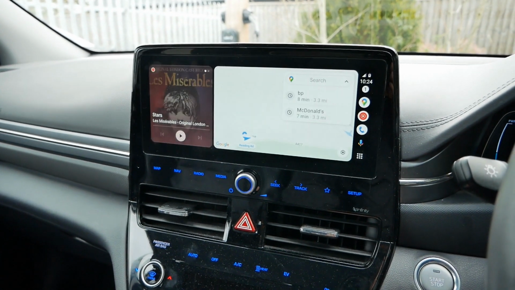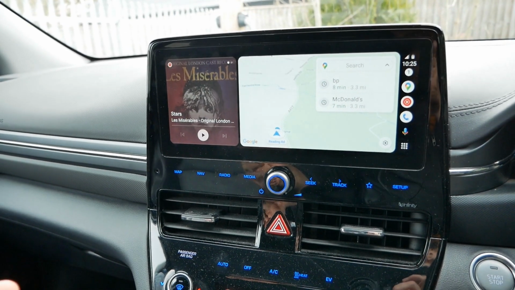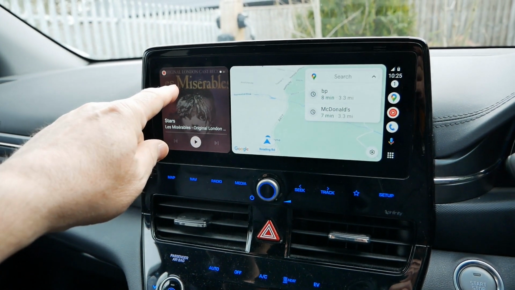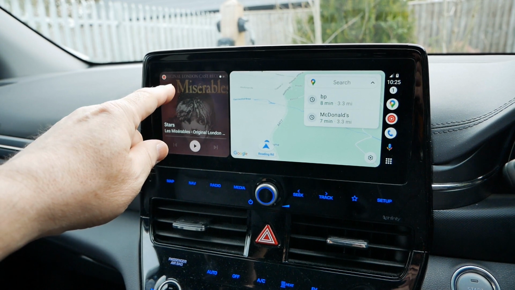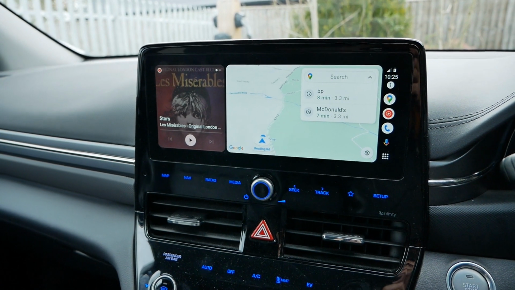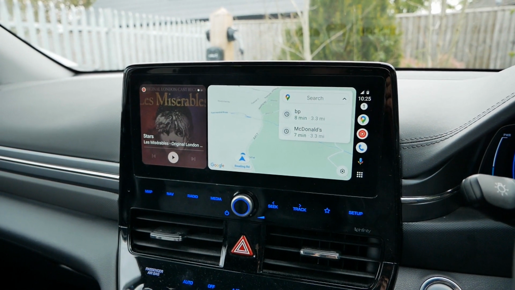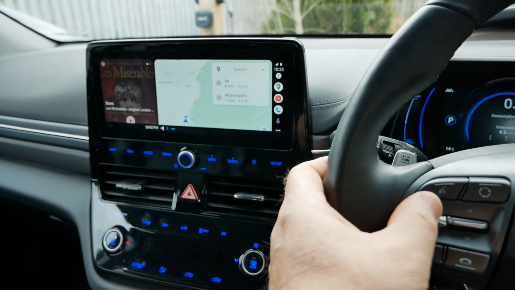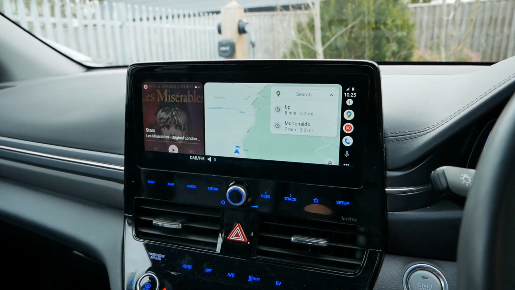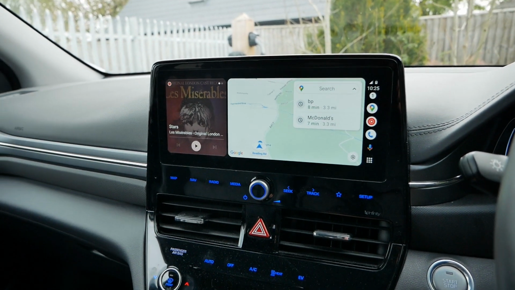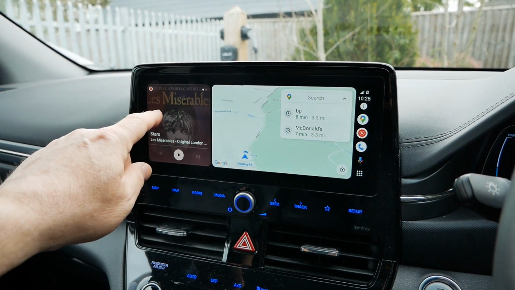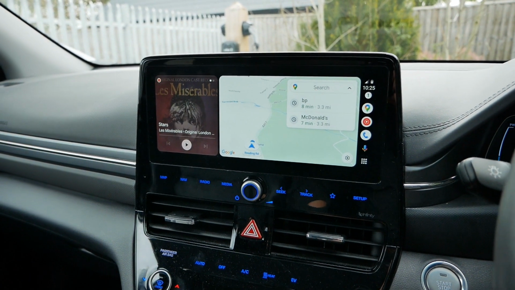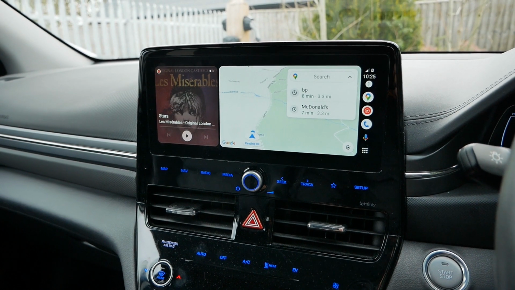So I guess the question that I've been asked is actually that, how you have the radio here rather than your YouTube Music in my case, and not actually how you have the radio playing. So you can have the radio playing as it is now while you're running Android Auto and using Google Maps, but I haven't found a way of actually getting the radio on the screen, and this has got the current level of software in the head unit as well.